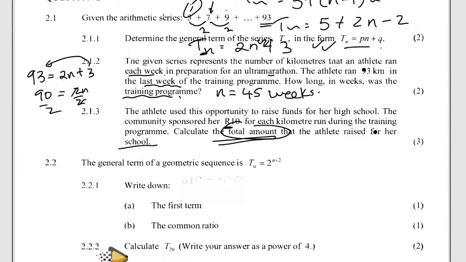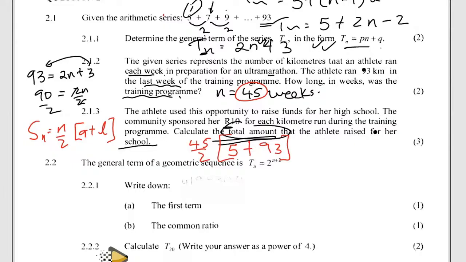There are two ways to do this. Since I already have my last term, I could use that approach. Meaning that my Sn is n over 2 into a plus l, where l represents the last term. So we have 45 weeks. That is correct. So it's 45 over 2 into our first week, which was 5 kilometers, plus the last week, which was 93. And then when I punch this into the calculator, I'm getting